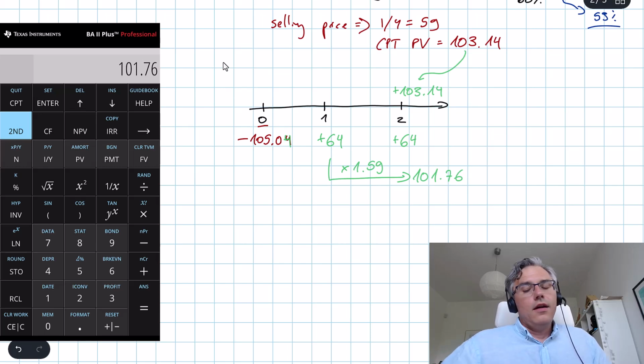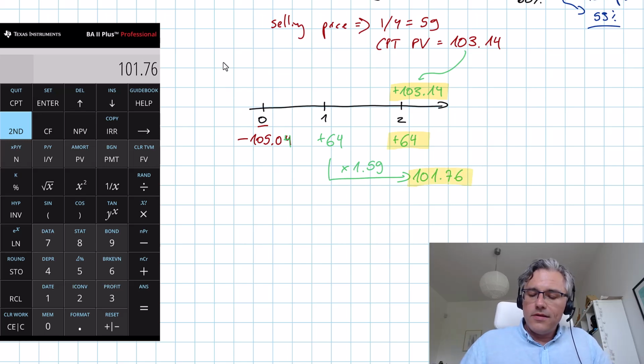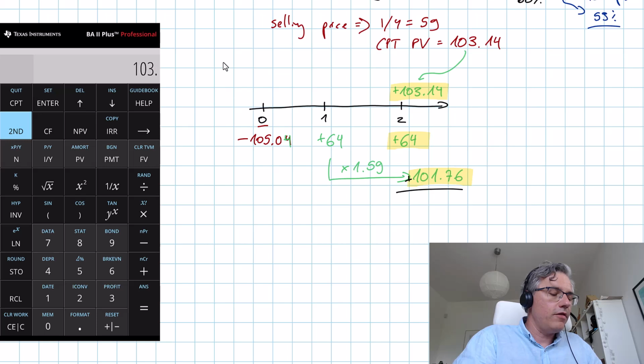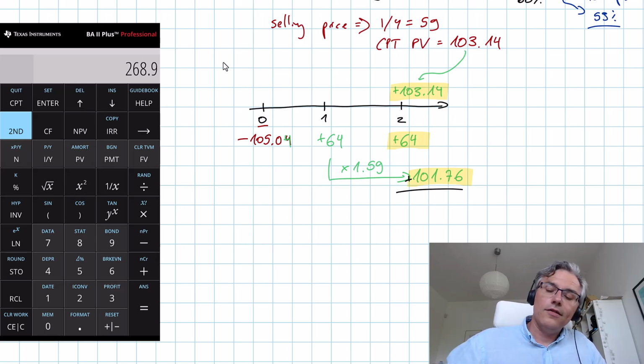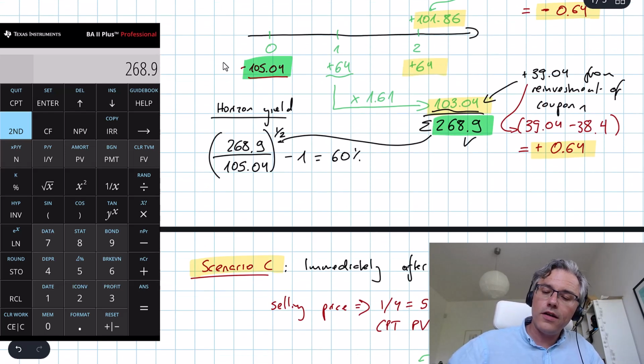okay, 101.76. As we did before, I'm just going to count and sum all these elements, positive elements of value that make up what we sort of finish the second year with. We have our selling price 103.14. We get the second year coupon 64, and we have that 101.76, the value of the reinvested coupon after 1 year. Look, 268.9. It's the same sum that we saw before,